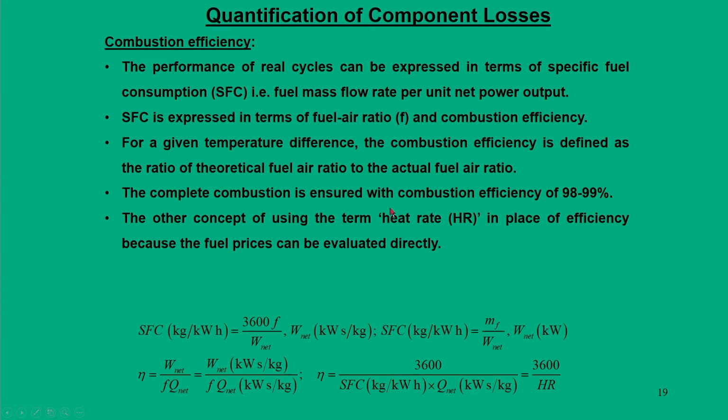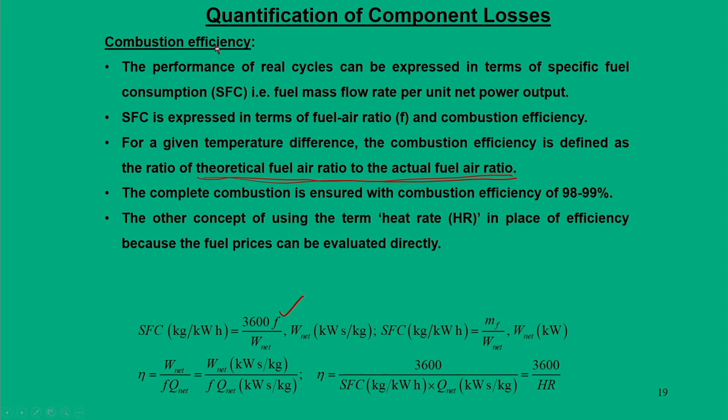Now, when it is incomplete combustion, then we should not combust the complete fuel. For which we have to find a ratio that is known as fuel air ratio, that is, the theoretical fuel air ratio for complete combustion to the actual fuel air ratio, and that fuel air ratio is represented as F. Whereas in the IC engine we call this air fuel ratio or fuel air ratio, but in the gas turbine engines we mainly focus on fuel air ratio, because fuel is the most vital part, particularly in the aircraft engines, because it is costly.